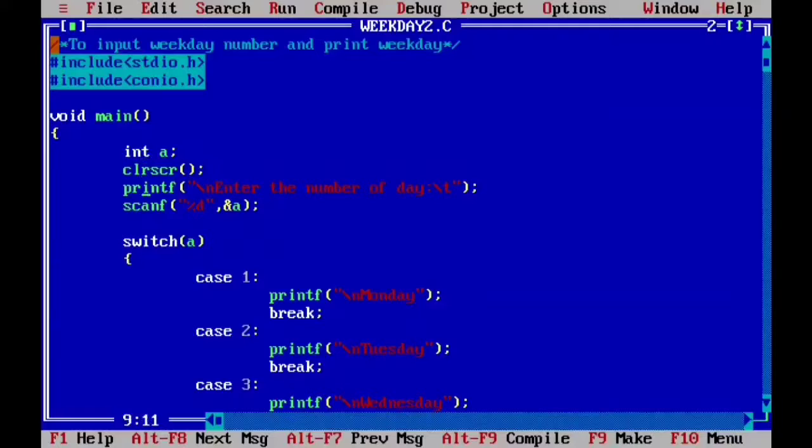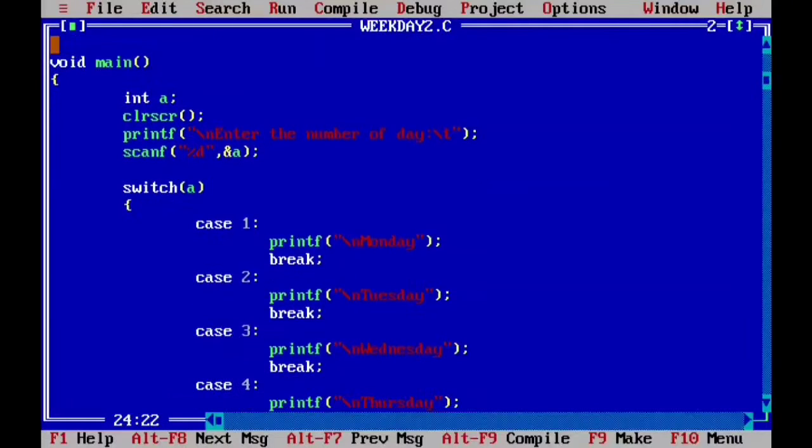Here again I have taken one integer, and that integer has been scanned, right? Depending on the integer's value, a case will run. Now if the value of your integer is 1, then case 1 will execute. 1 is a constant here, and the value of a will be scanned. So the value will be compared with the case value, right? Here it is compared with case value 1; 1 is equal to 1. That means case 1 will execute, right? If it is 2, then case 2 will execute. If it is 3, then case 3 will execute.